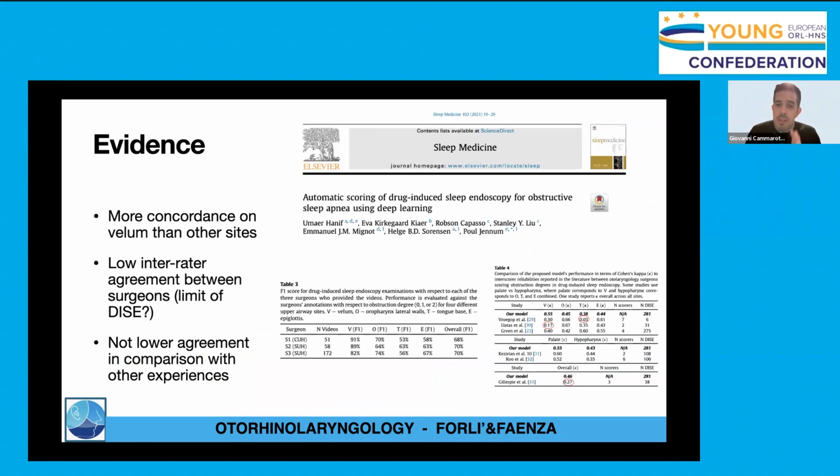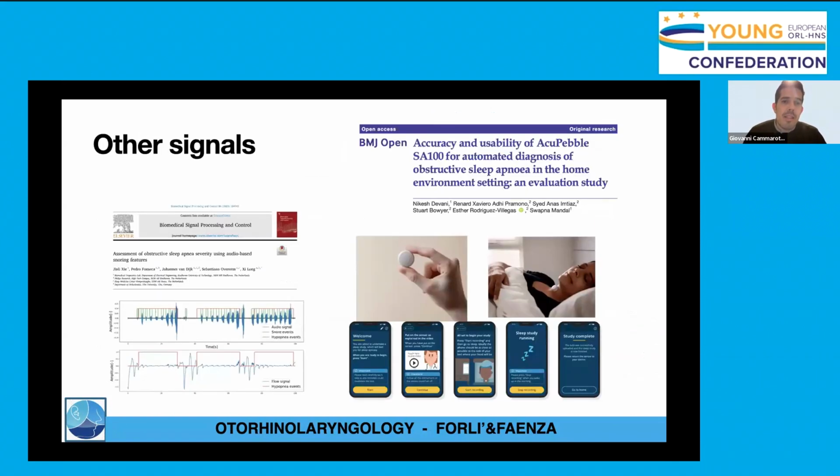But when these authors compared their experience with the artificial intelligence model with other papers, they saw that there were papers where the inter-rater agreement was lower than what's seen in the artificial intelligence experience. So this means that the result was not really far from the actual practice in our hands. There is, as I told you, still room for improvement,